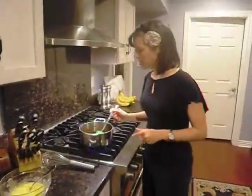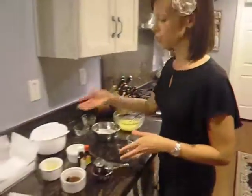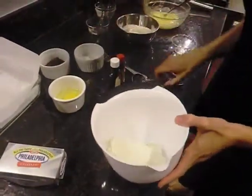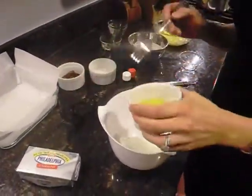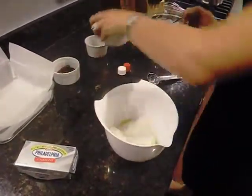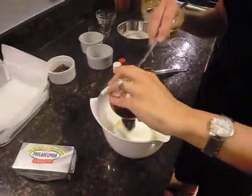So while that is continuing to melt, we're going to move over to our cream cheese mixture. So in this bowl I have my 8 ounces of softened 1/3 less fat Philadelphia cream cheese. And then I'm just going to add everything to it. I'm going to add my 1 egg, 1/4 cup sugar, my 1/2 cup of cherry preserves,